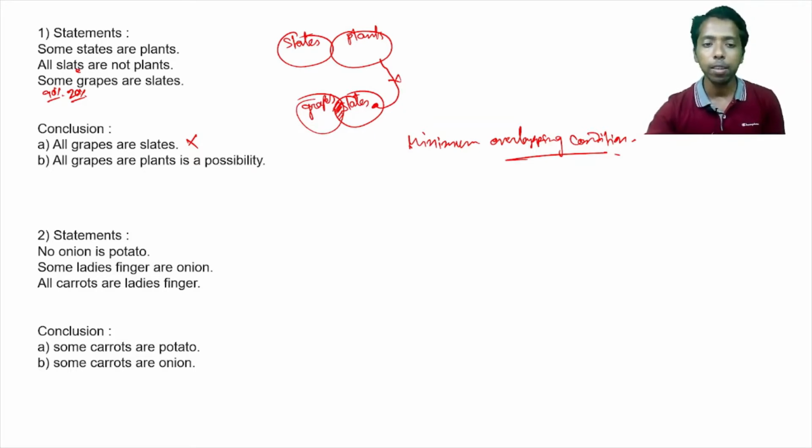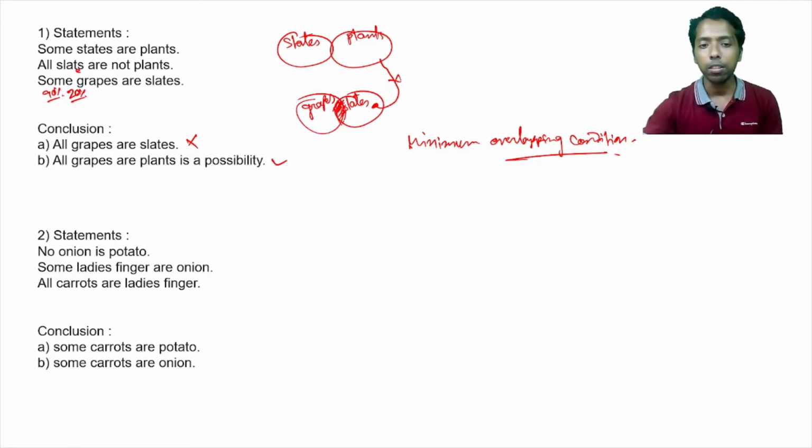All grapes are plants is a possibility. This is true, but one important thing here is that some slates are not plants. If the grapes and slates do not come into a common region, then the part of grapes in common with slate may come within the plants part, right? So this slate part, which is common with the grapes, may come within the plants part, but the separate part of slate I am talking about, which is not plant, may not be grapes, right? So all grapes are plants may be possible, and this region